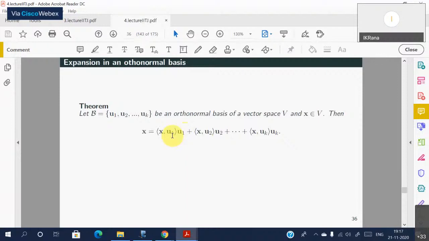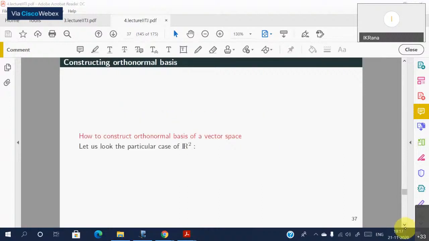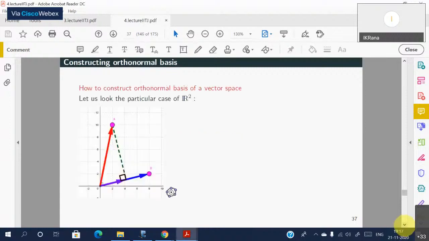u1 gives you the first coordinate, u1 is the vector, so that expansion is possible, right? So how to construct it? The idea comes from geometry again. If you are given two vectors in R2 and these vectors are not coincidental, or not parallel, then they will generate everything. But to make it perpendicular,